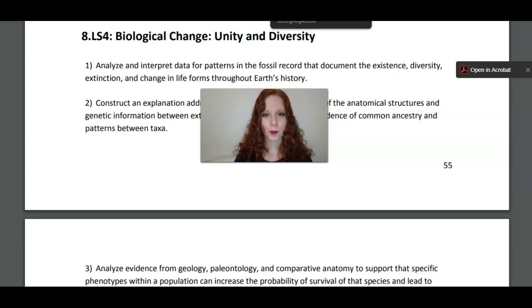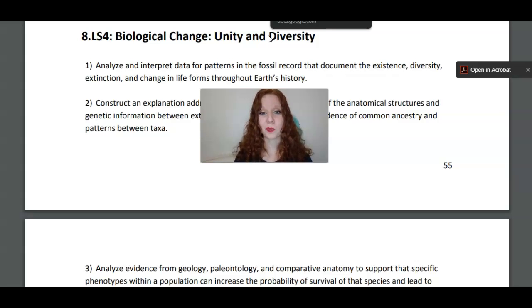Hey guys, so today we are going to be looking at standard 8.LS4.1, which is analyze and interpret data for patterns in the fossil record that document the existence, diversity, extinction, and change in life forms throughout Earth's history. So basically it's going to be: let's look at layers of rock and look at fossils and draw some conclusions